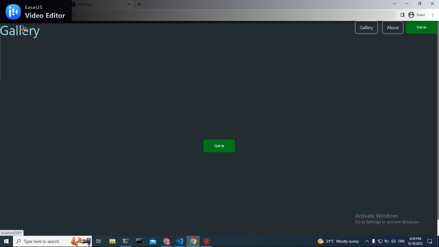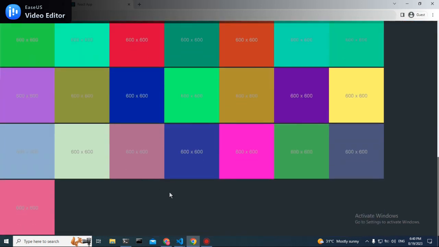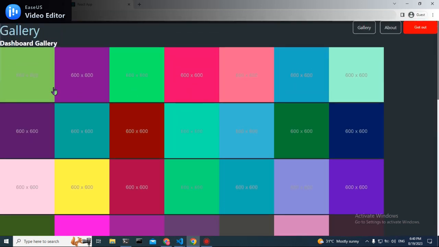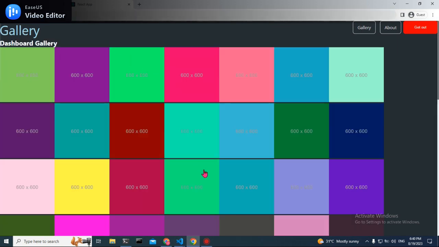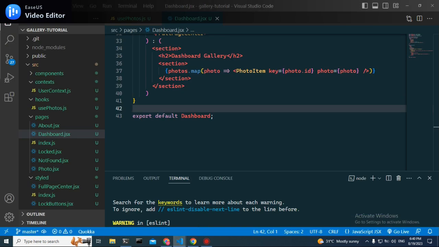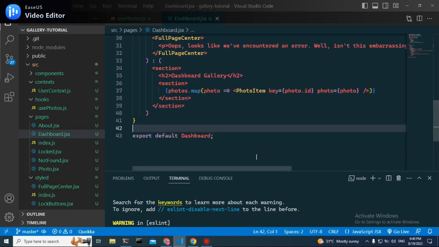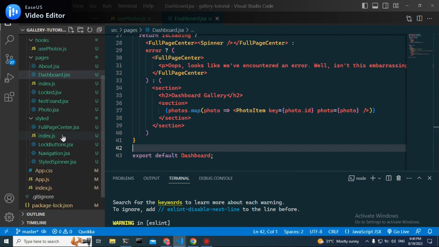Now let's get out first and refresh this. Now if we click get in, we actually get the values to load, and clicking on one of these takes us to its appropriate URL. So this is working nicely, but aside from this, I really don't like the styles. So let's go to the style component